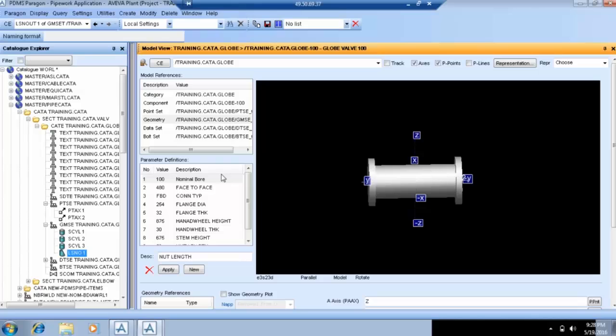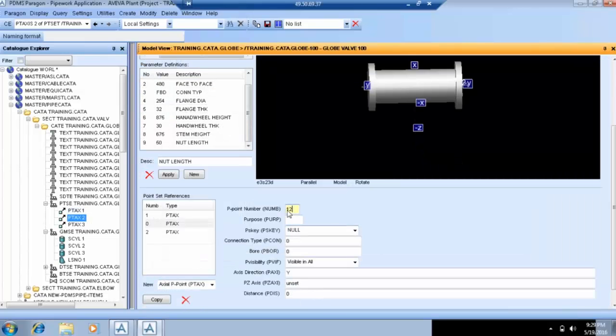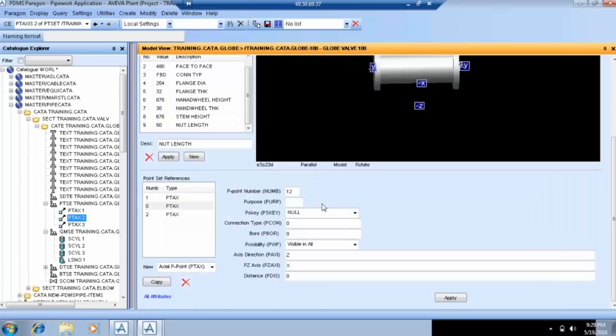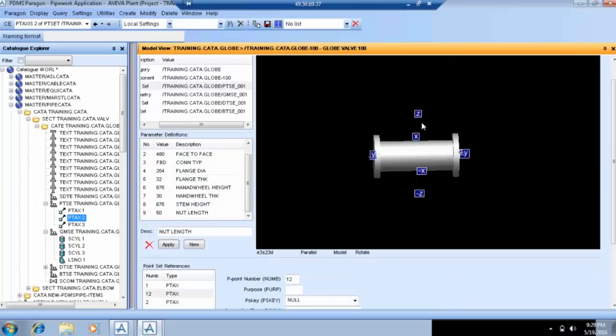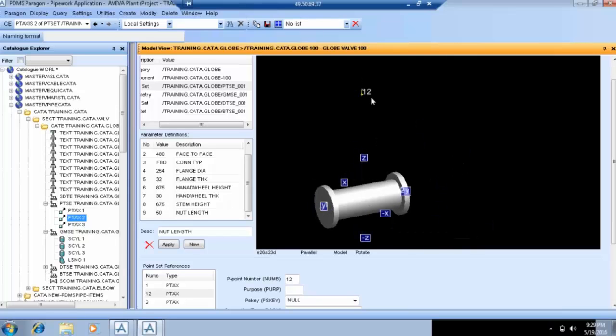So let us create another primitive here, which will be a cone. Now we are defining a component like this, S cone. This should be Z, or I define the stem P point there. Go to the P point, actual P point, point number 12,